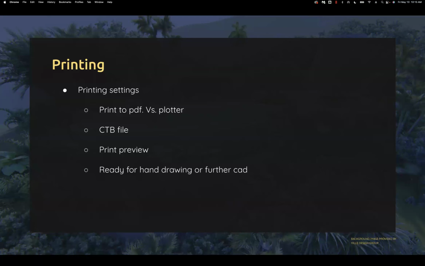At that point, when you're ready to print, you're going to be ready to continue on hand drawing or working on your design or mock-up in CAD. And if this workflow proves to be useful to some of you, we've thrown around the idea of doing a follow-up webinar that would basically pick up from this point and start to get into more of the design process, design tips, and that sort of thing. So that's kind of what we're going to be looking at when we're going over printing at the end.